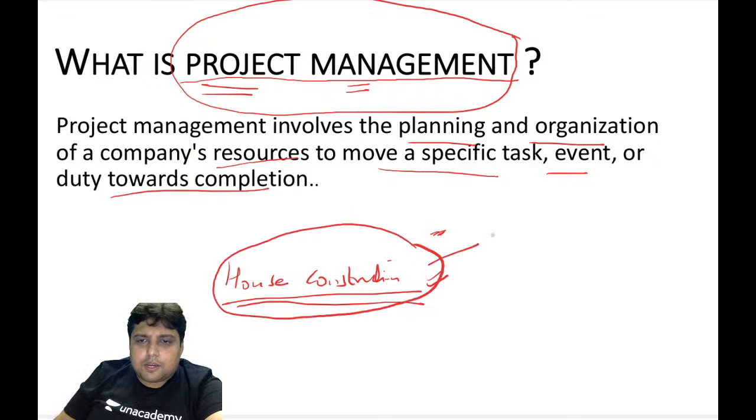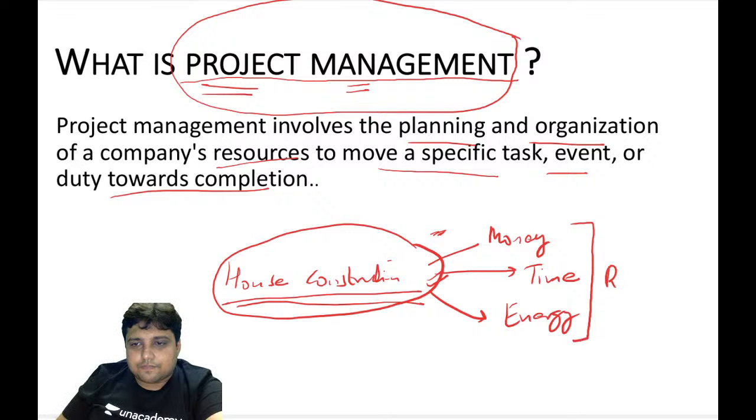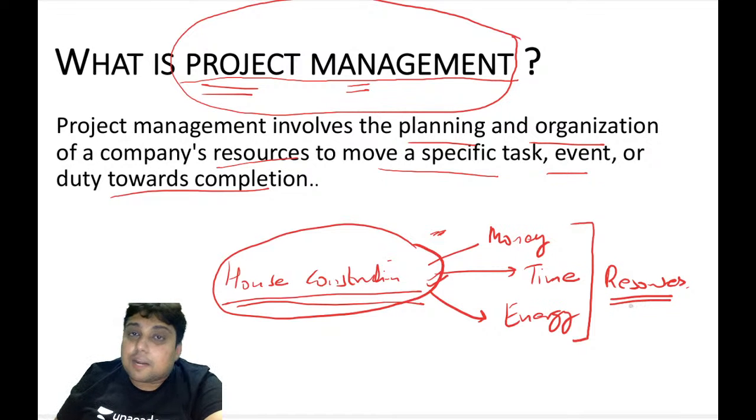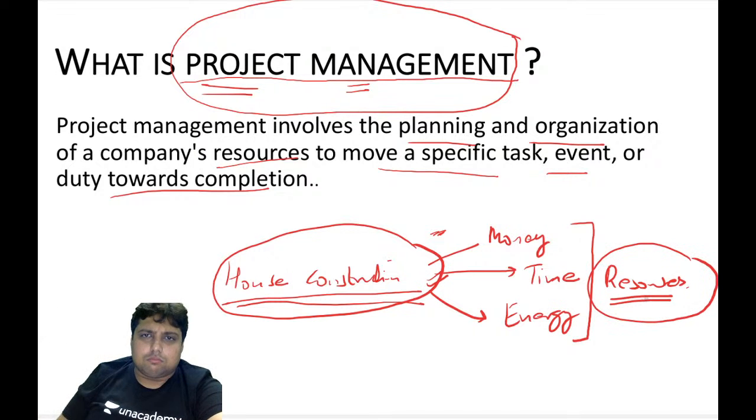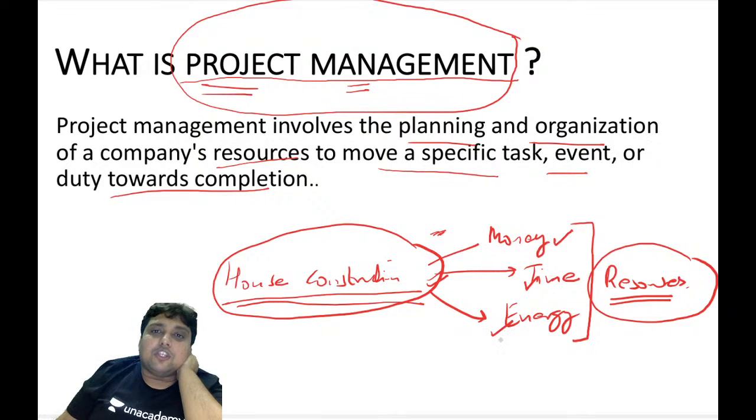we have money involved here, we have time involved here, and we have our energy involved here. So time, money and energy, these are our resources. And as we have already learned, when we perform the activities which are a part of the project, resources are going to get consumed. Whatever activity you do, you purchase the land, you make sure the house is getting constructed, you make sure all the rituals are done, you make sure the finishing part is done, you will be spending money. You will definitely be spending time, and yes, you will be spending your energy also.